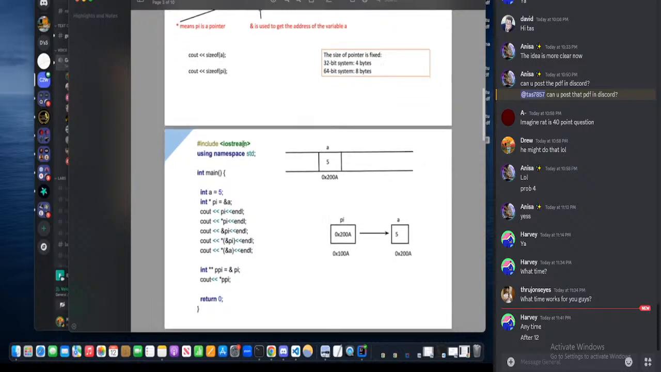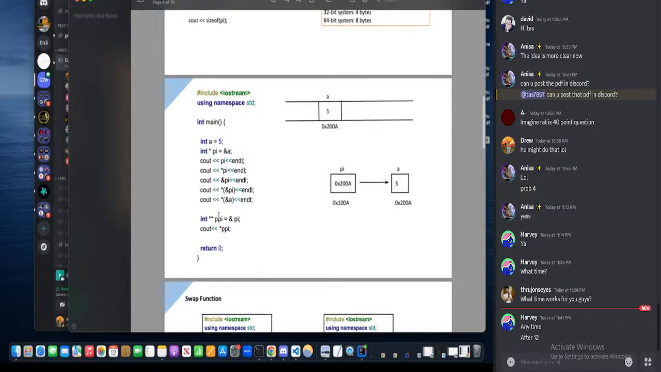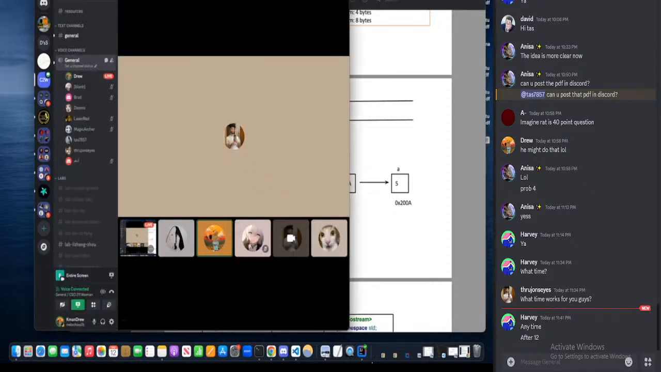All right, for the next part right here. You have this section: int a equals 5, int dereference pi equals the address of a, and then cout pi, cout dereference pi, cout address of pi. This is a lot, so to save time, let's put this in